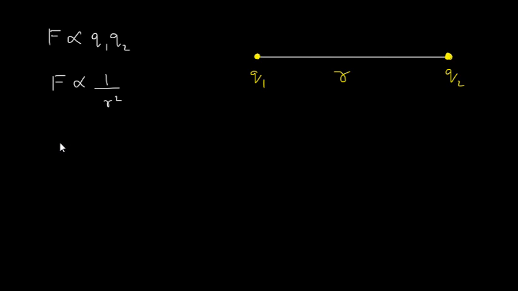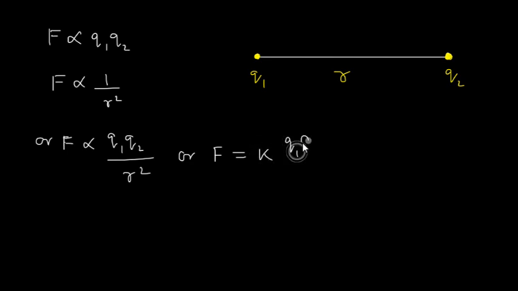Now we can write F is equal to Q1 Q2 upon R square, or F equal to K Q1 Q2 upon R square,